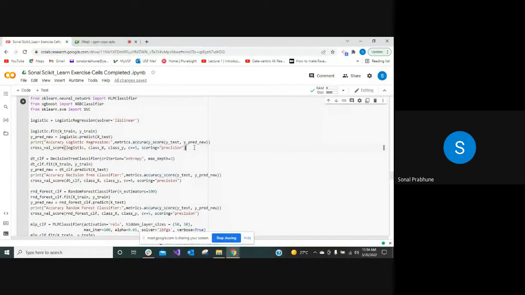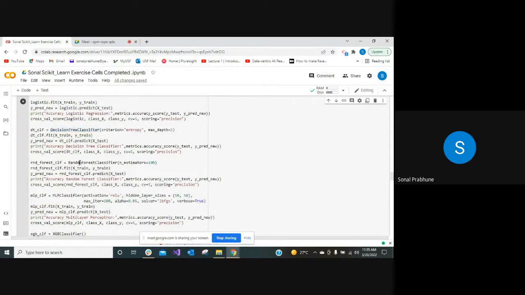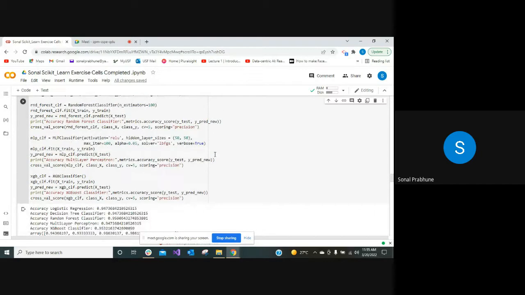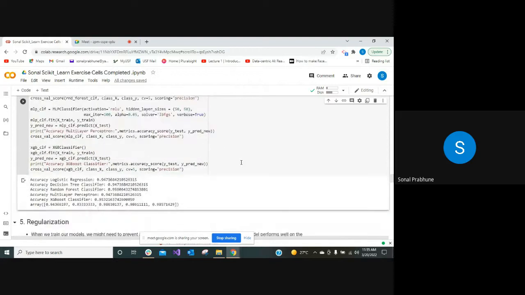The accuracy with decision tree is many times better than logistic regression, and random forest is where it uses multiple of these decision trees. Here I set the number of estimators to 100, which means it creates 100 decision trees to learn different aspects of the data, and then it creates an ensemble on that. The scoring I used in all this, to keep it standard, is precision. With the decision tree, I used the criterion entropy, but I can even use Gini on it. It's just a different way of finding the goodness of a split.